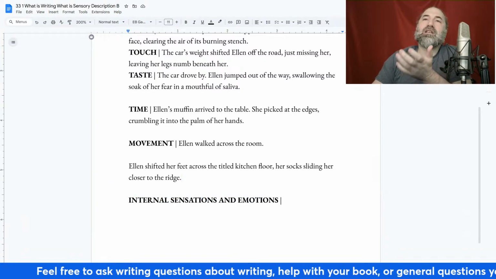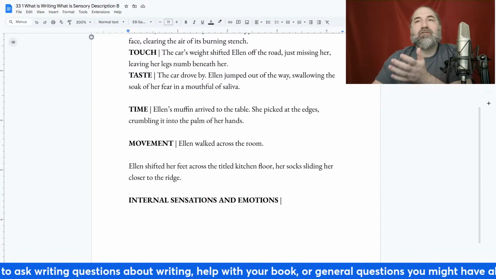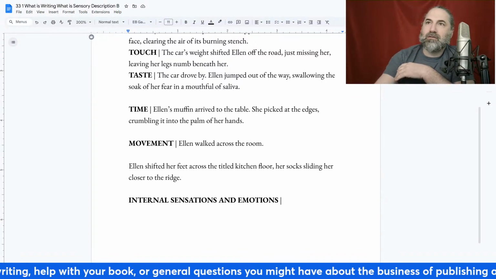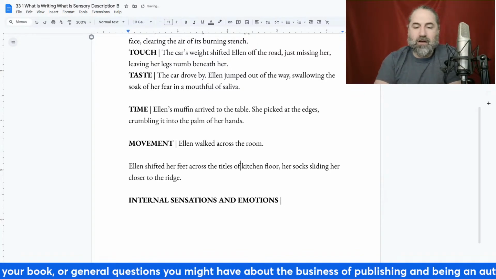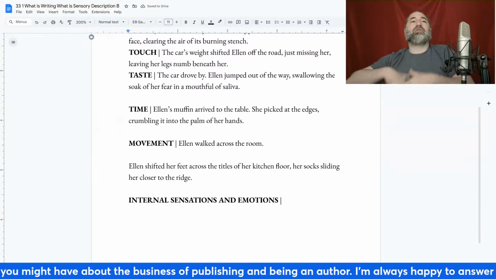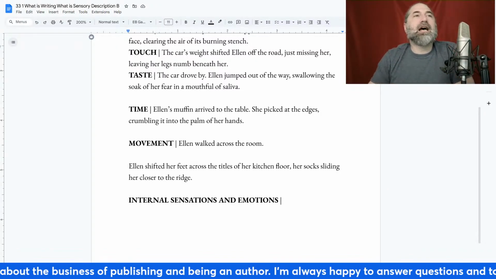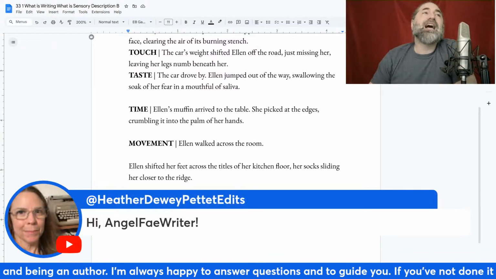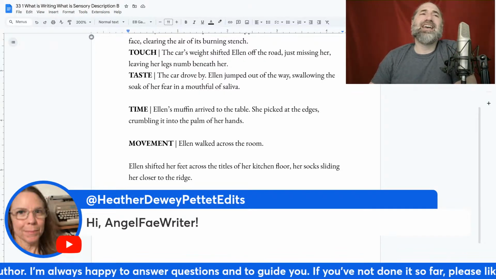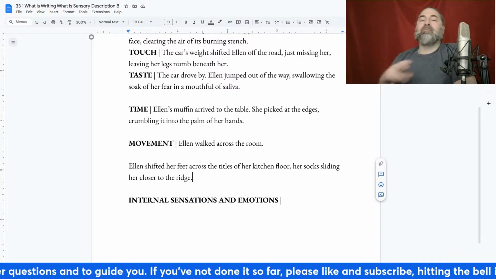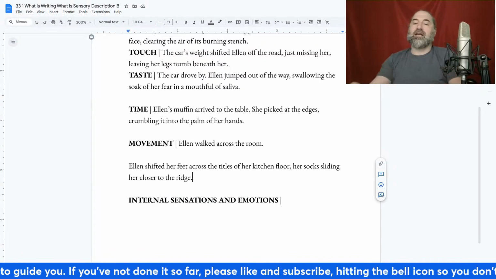So as you can see in the example, Ellen shifted her feet across the tiles of her kitchen floor, her socks sliding her closer to the fridge. Kinesis. Yes, thank you. Hi, Angel Faye. Yes, kinesis. It's showing the movement. It's giving a sense of, for example,